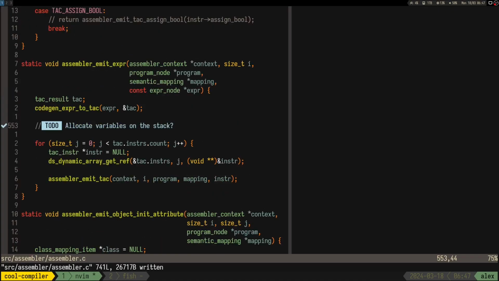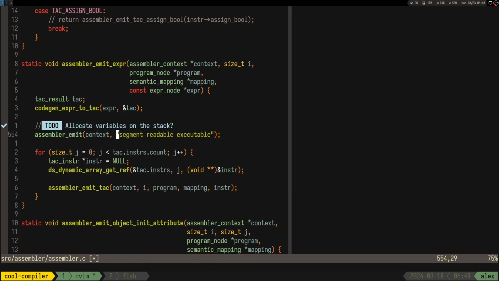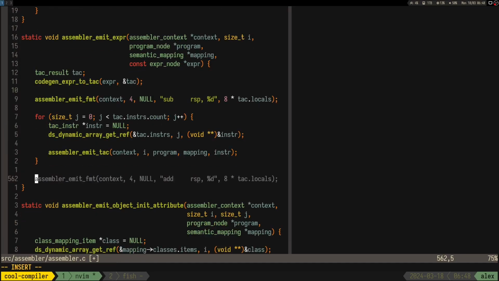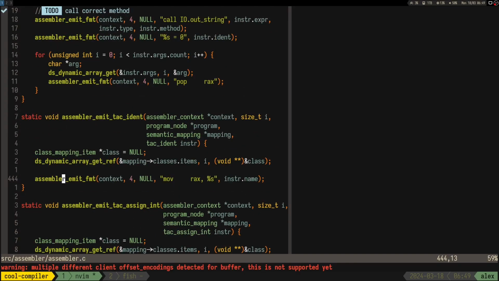And yeah, here what I thought is I no longer want to use those labels from Phasm for constant values. And how about we actually allocate memory on the stack and use the stack for local variables? I mean, as it should be used, you know. So I added this dynamic array of characters in the tag expression result. Right now I think I made it an int, but in the end it's gonna be a char pointer array